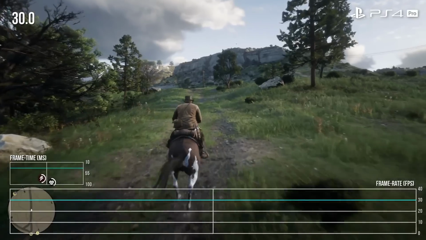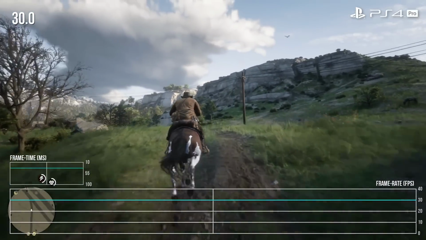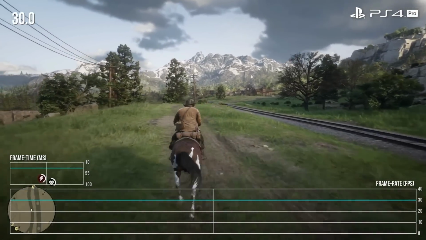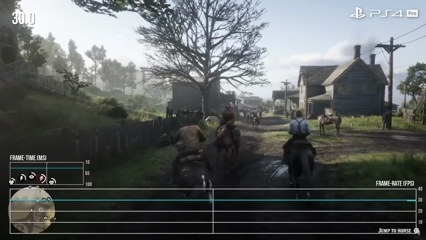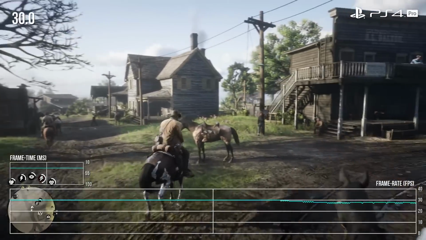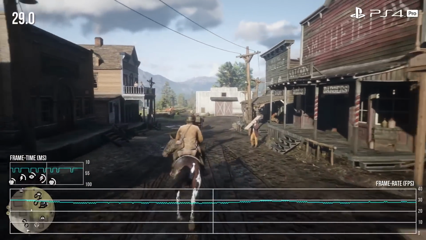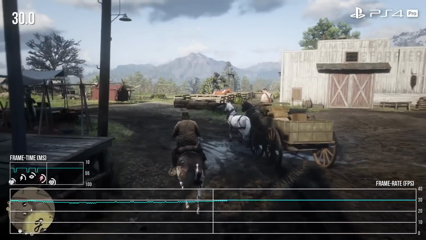Now, performance in general, pretty good here. Out in the countryside and the little towns, it's pretty smooth overall. In fact, I'd say during traversal, it's pretty much a locked 30 FPS, a lot like the Xbox One X. But when I wandered into Valentine here, I did see some drops just below 30 FPS, which was a little bit surprising actually, considering the resolution difference between this and X. And while we're talking about